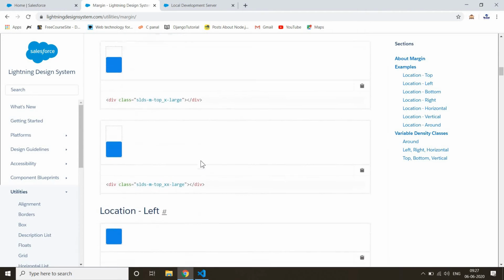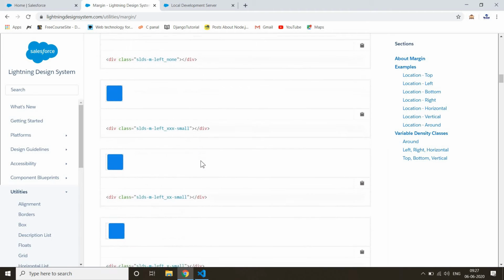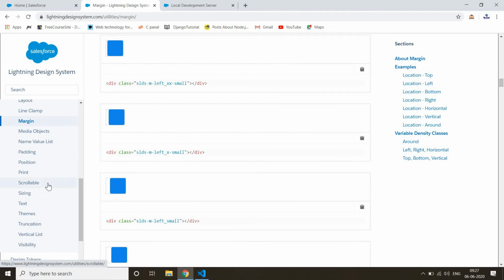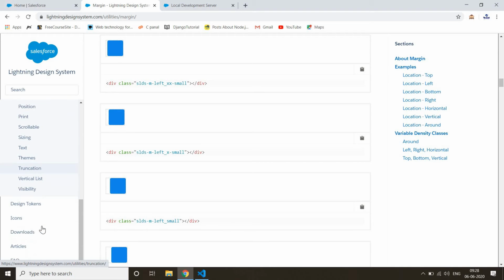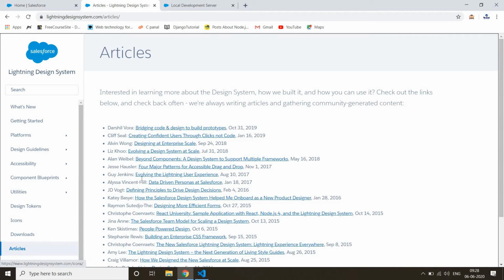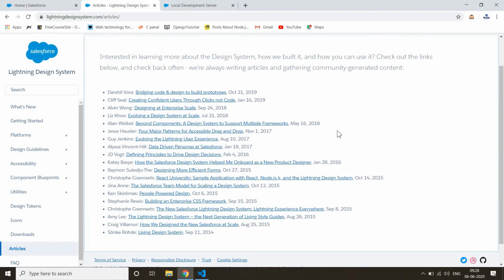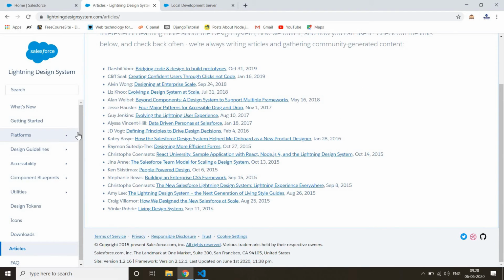Here you can see all types of margin, padding, box, grid, position, size, text, and also articles, which you can read.